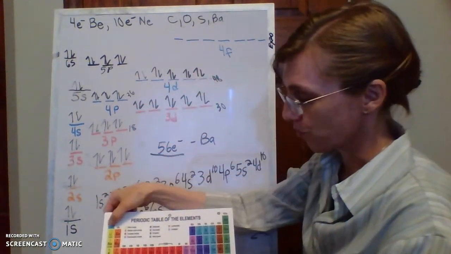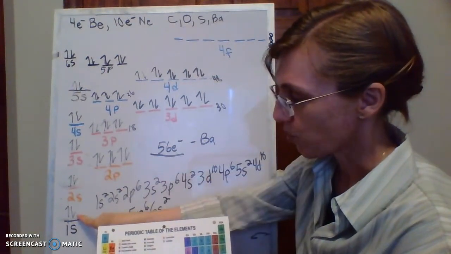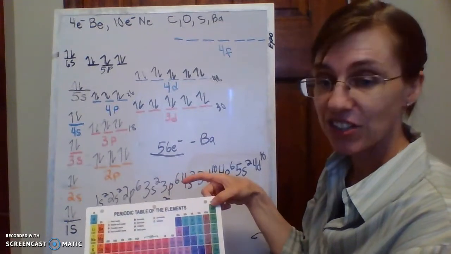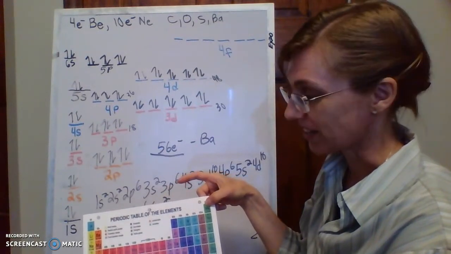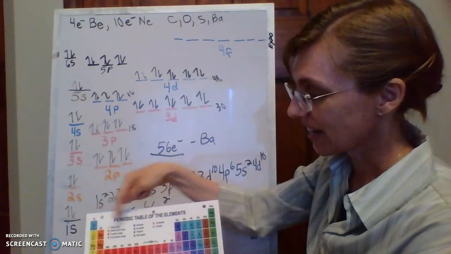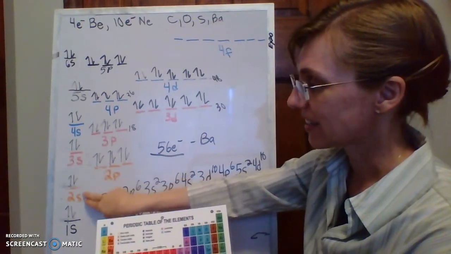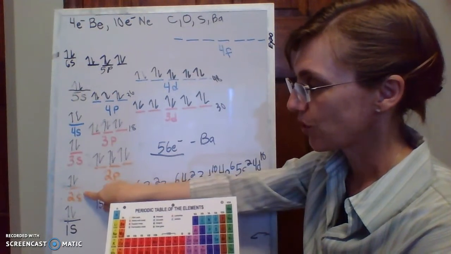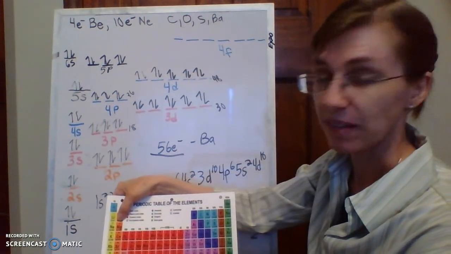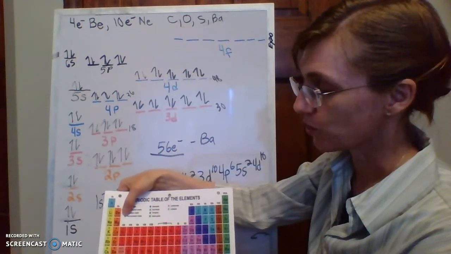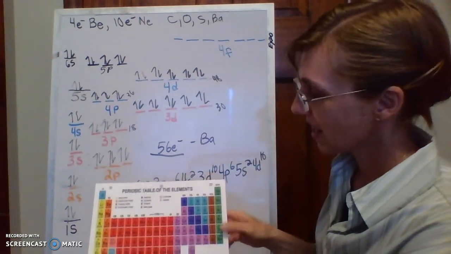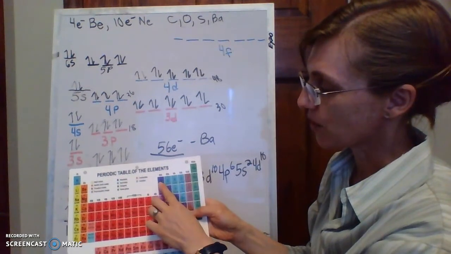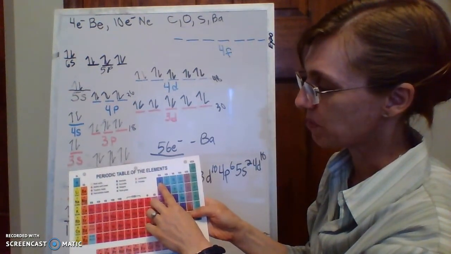The first row are the 1s's. Here's 1 electron in the 1s. He has 2 electrons in the 1s. Then the second row contains these guys. If you had 1 electron in the 2s energy level, you'd be lithium. If you had 2 electrons, you'd be beryllium. Now we go to the 2p's. They're over here. If you had 1 electron in the 2p, it'd be boron,